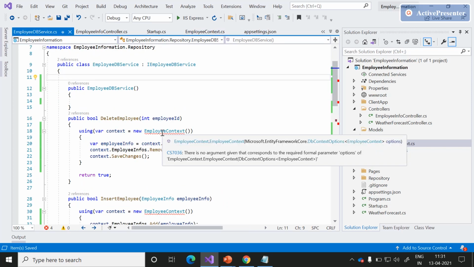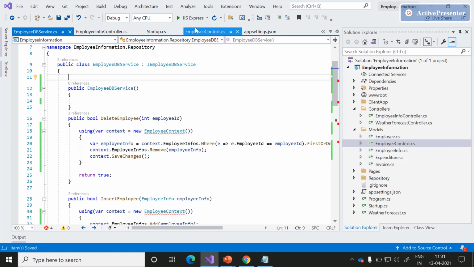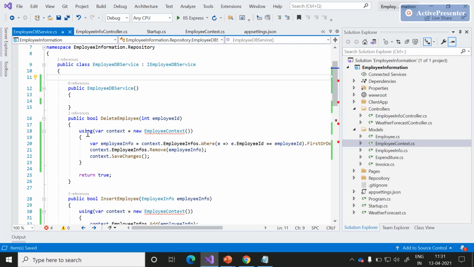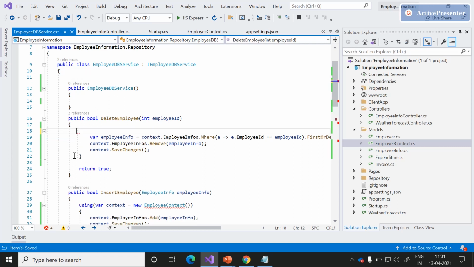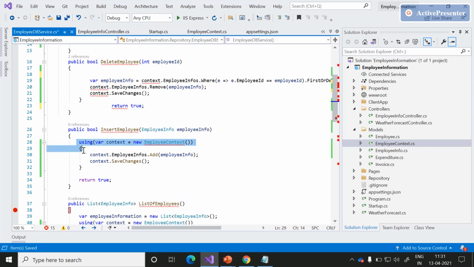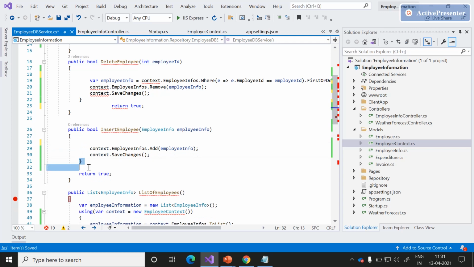Here we are seeing one issue because this employee context is throwing us one error, because this employee context is nowhere present with this parameterless constructor. What we need to do is just remove this using statement from all the CRUD methods.